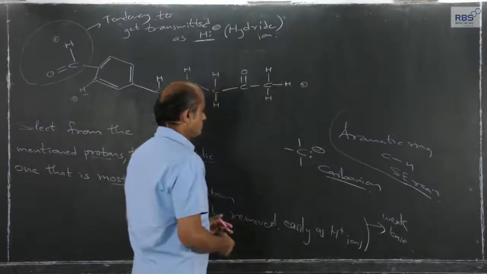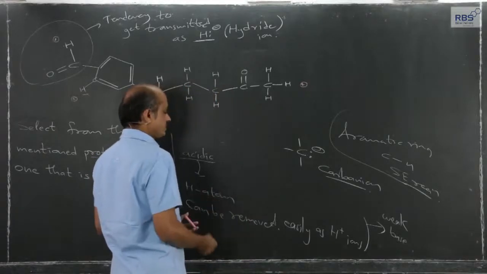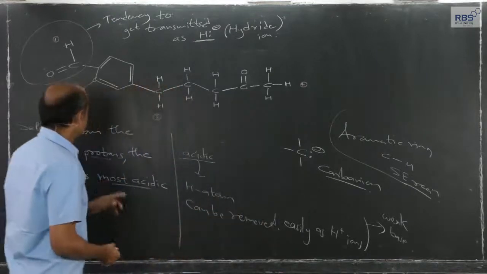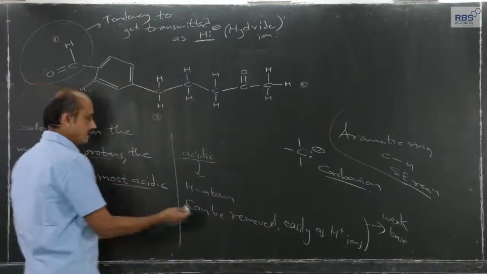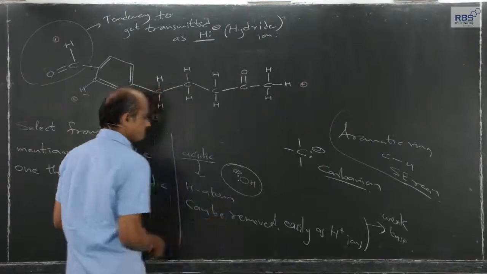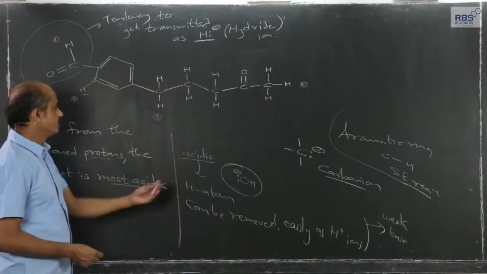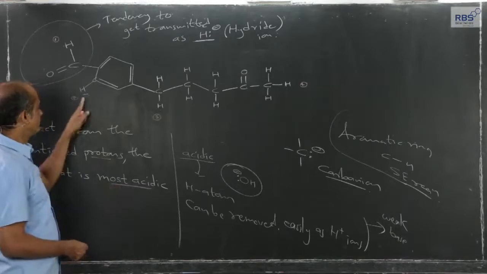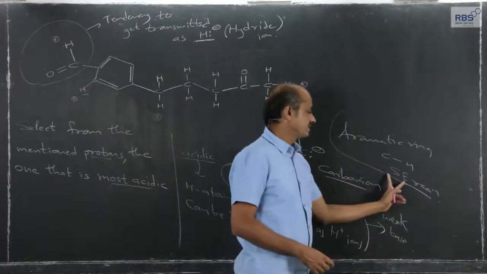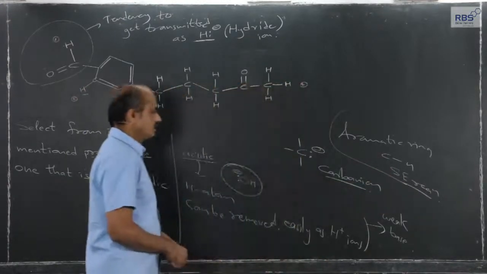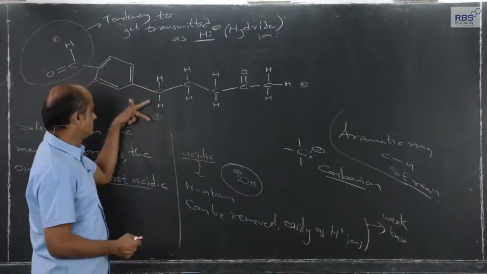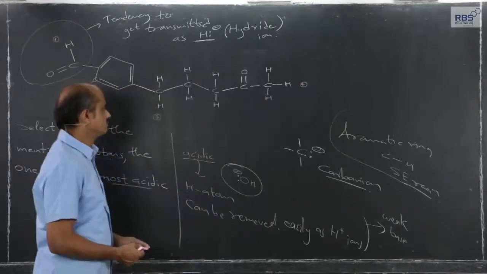Here, since we are considering acidic nature, hydrogen is to be removed in the form of H plus ions in the presence of a weak base. The weak base is a nucleophile, it can be any; let me represent it as OH minus ions. Because of the weak base, the hydrogen is to be removed. Here the hydrogen does get removed, but that is because of electrophilic substitution reactions, SE reactions. So even that option is not applicable for this question. Now, two options remain, the third one and this fourth one.